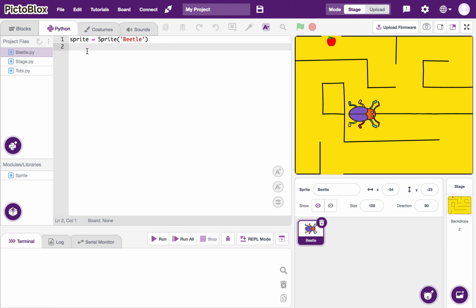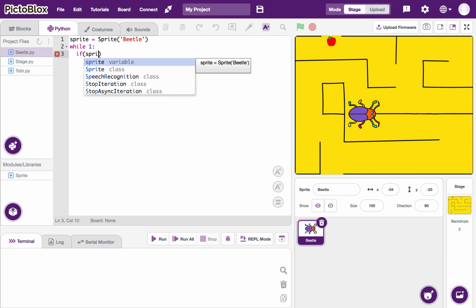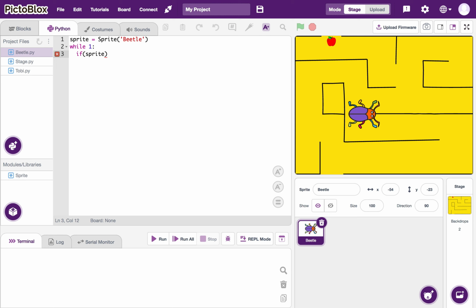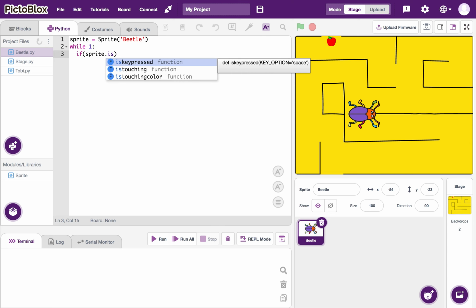First of all, we are going to insert the while loop, and for that we are going to write down while, and along with that we are going to specify the condition while 1, which means it is always true, so it is going to execute. And in that one we are going to write down the first thing, that is the if statement, and in that I'm going to specify if sprite is